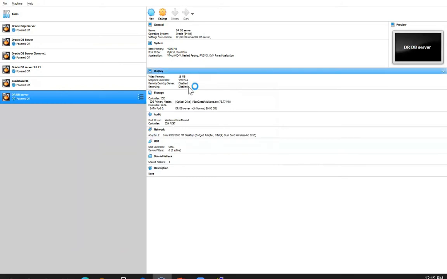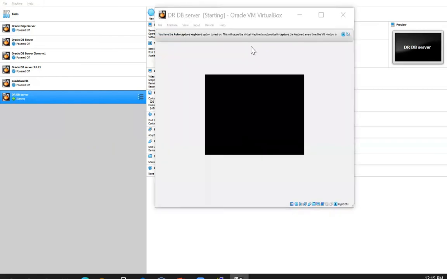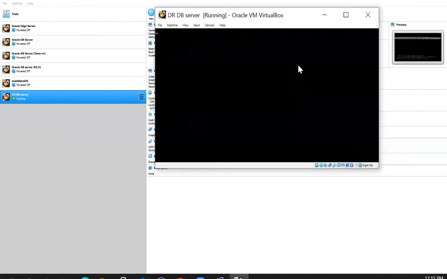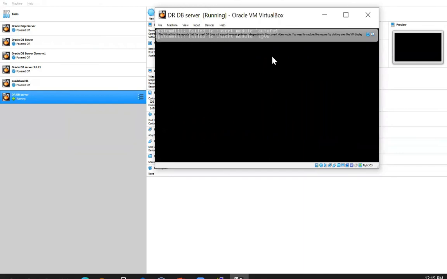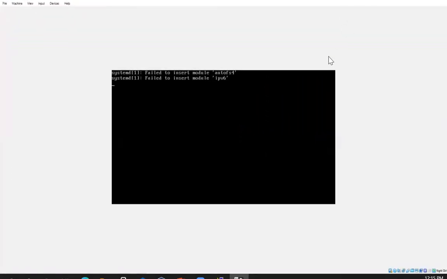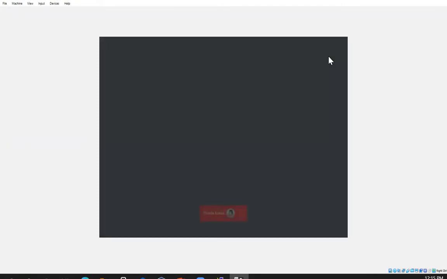It is getting started. Okay, it won't take much time to start. All the prerequisites, the packages and dependent software, we already did in the source server. See, it directly gives me the login.